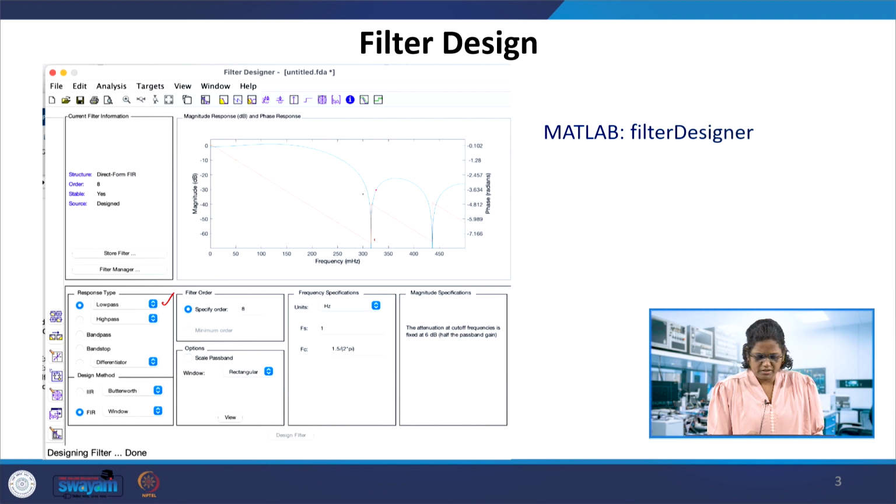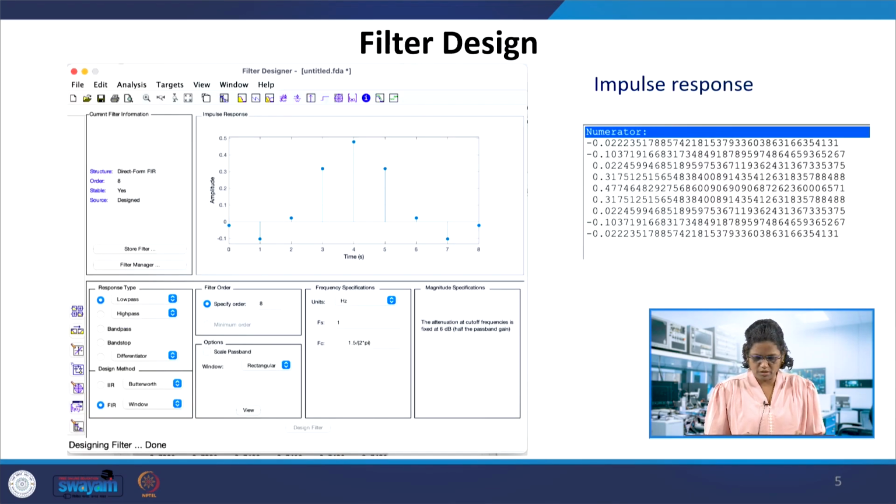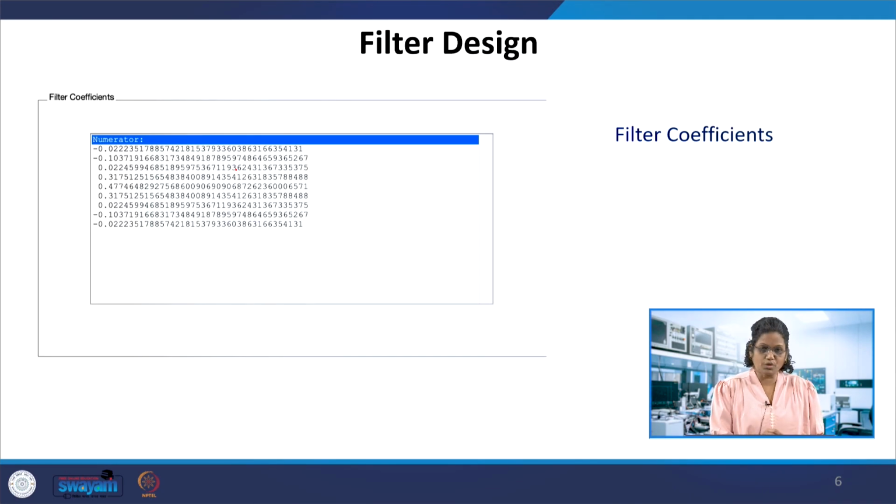So this is the design, and can we get the coefficients from this? For this particular specification, the ripple specification is not given. If you specify what the ripple would be, we can specify that as well. After this, we would like to give you the coefficients that we get for this.